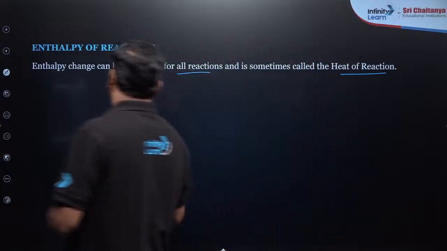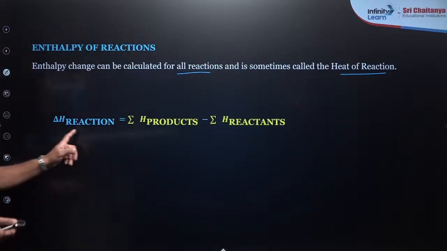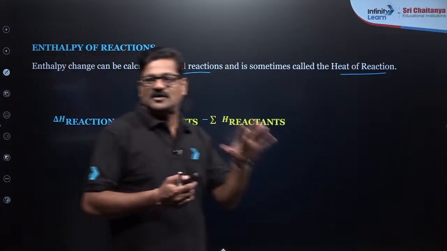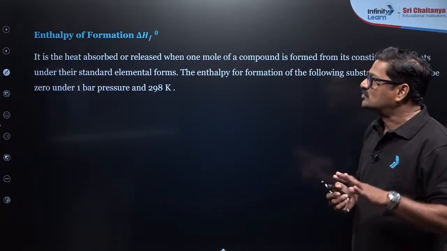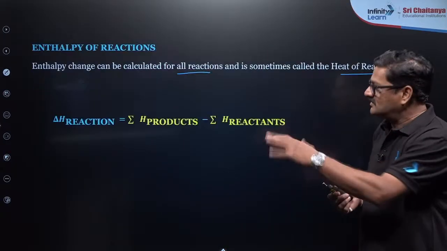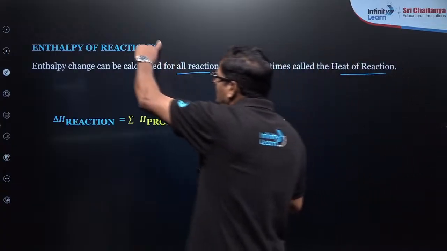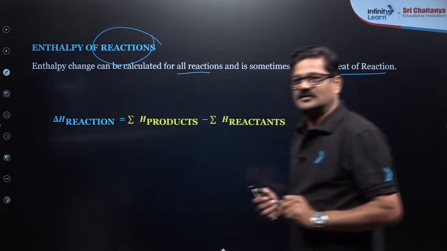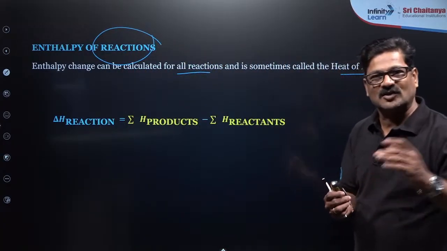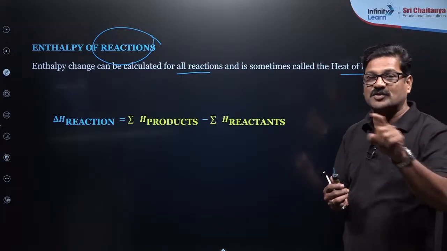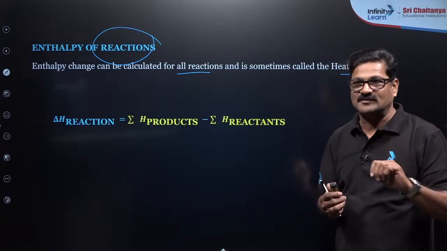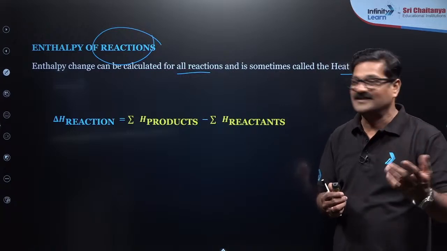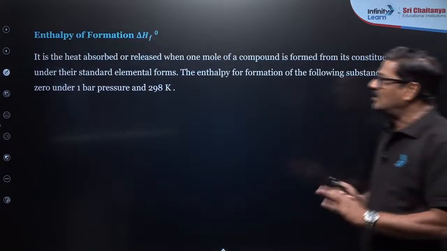So we have enthalpy of reaction. Enthalpy of reaction is equal to the sum of the enthalpies of the products minus the sum of the enthalpies of the reactants. In that version, the reaction could be the formation of a compound, so it is said to be enthalpy of formation. Simple, one shot many birds. Generally we say one shot two birds, no? I say one shot many birds. So I want to say here, enthalpy of formation.